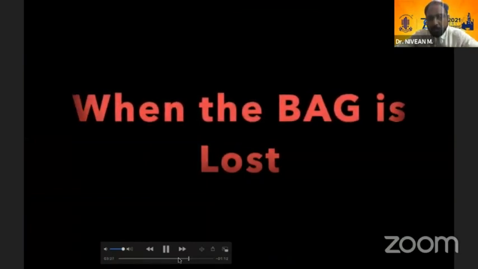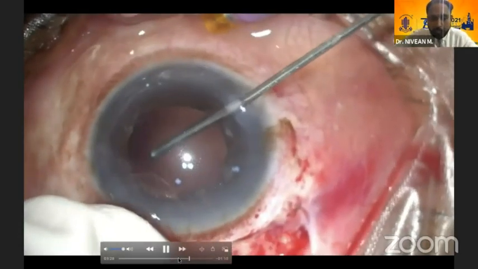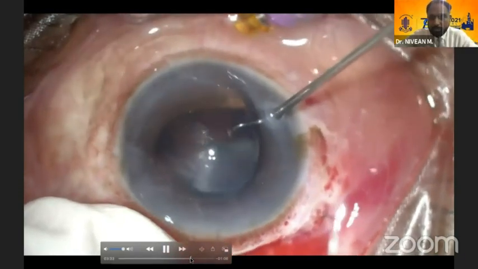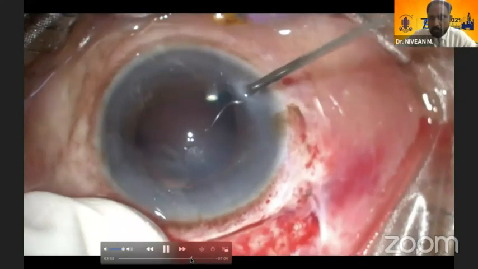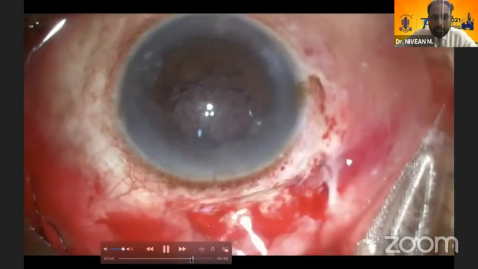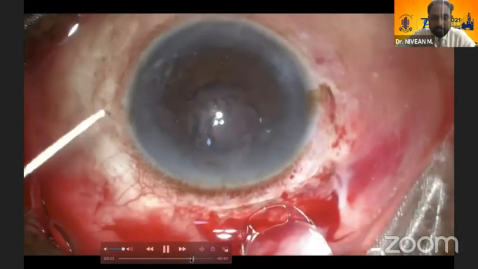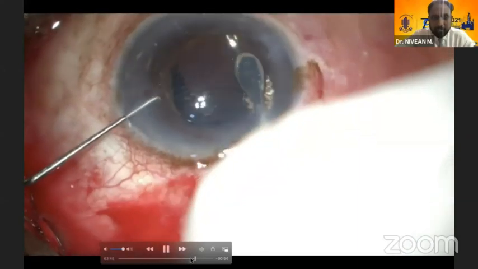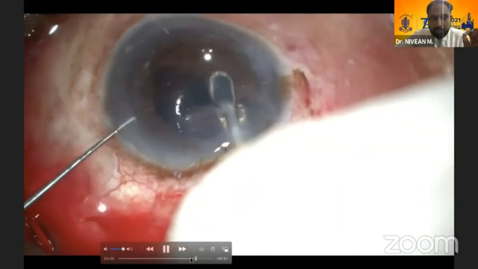We surgeons know sometimes we can end up with complications where we lose the bag also. So my simple choice in SICS would be the iris claw lenses. We do a lot of iris claw lenses, since most of us are in training institutes and we should have a backup. So after a good vitrectomy, you can see, fill the chamber with viscoelastic. So these are the iris claw lenses. You can go under the iris and make sure you clip it in the mid periphery of the iris.